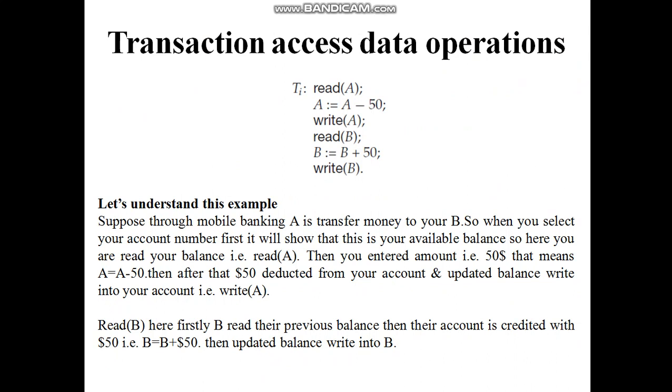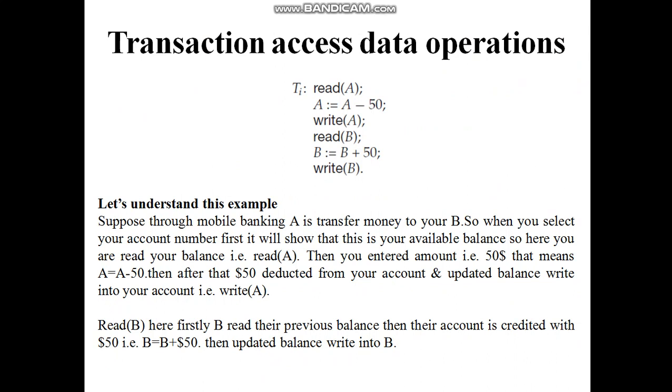When you do a fund transfer from your mobile banking, first you select your account number. After selecting your account number, it will show you the available balance in your account. That means you are reading your balance, that is nothing but read A. After entering the amount, let's say $50,